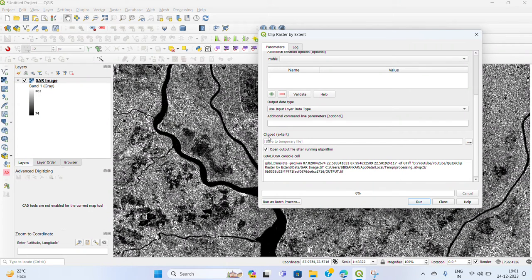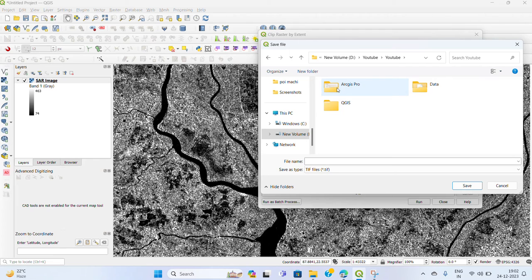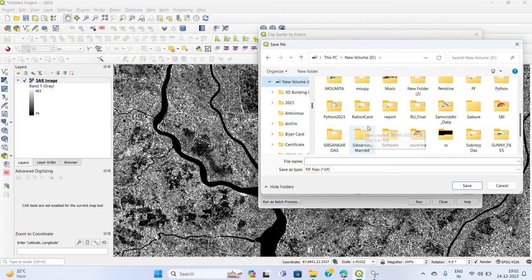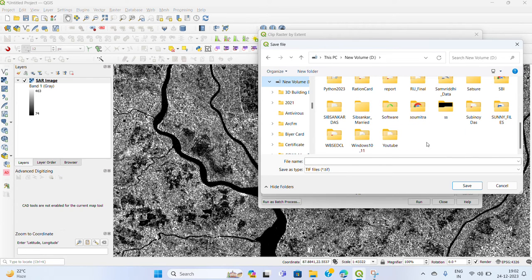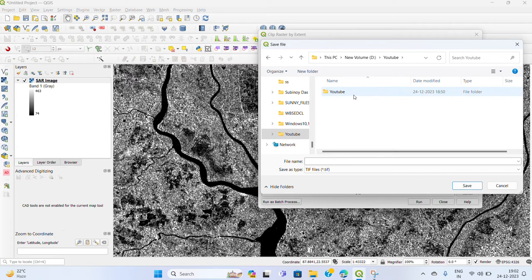Then you have to select the output file folder. By default it is saved to a temporary file, but I have saved it in a permanent folder. So I have selected Save to File. Then you select the folder in which you want to store it. I have selected my folder,